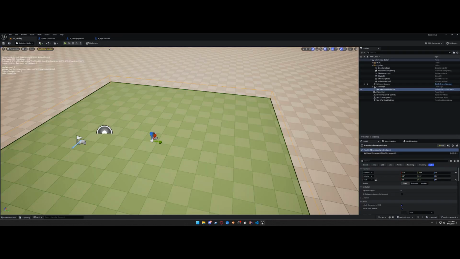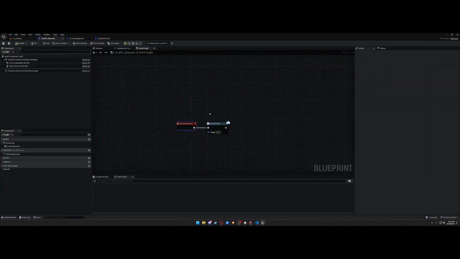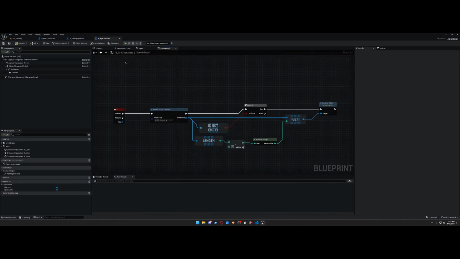Let's see if it works. Oh wait, that's not going to work. Okay, so here you go. We're in the call event destroyed. We're in the call to the delegate or the event dispatcher, and then we're going to let the parent do its destroying. So if we destroy the actor before the delegate gets called, nothing's going to happen because it doesn't exist. So one more thing we have to do is go